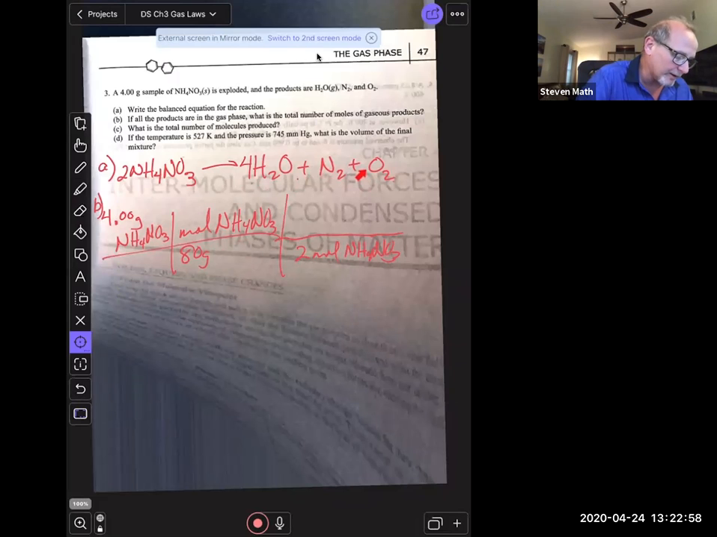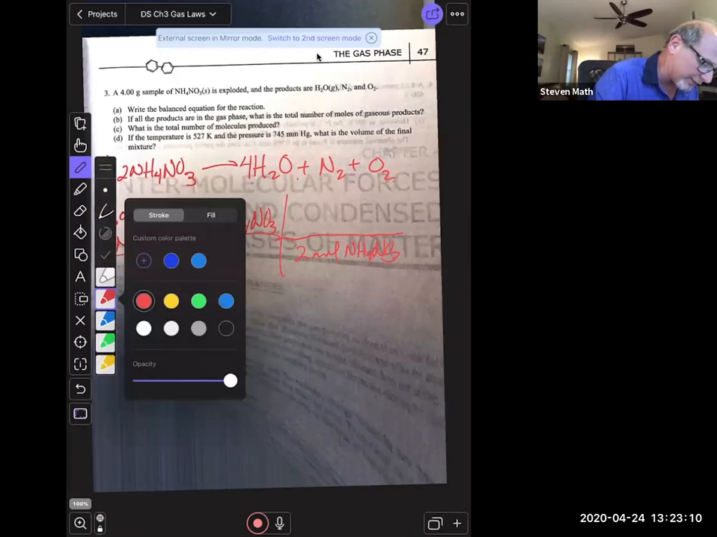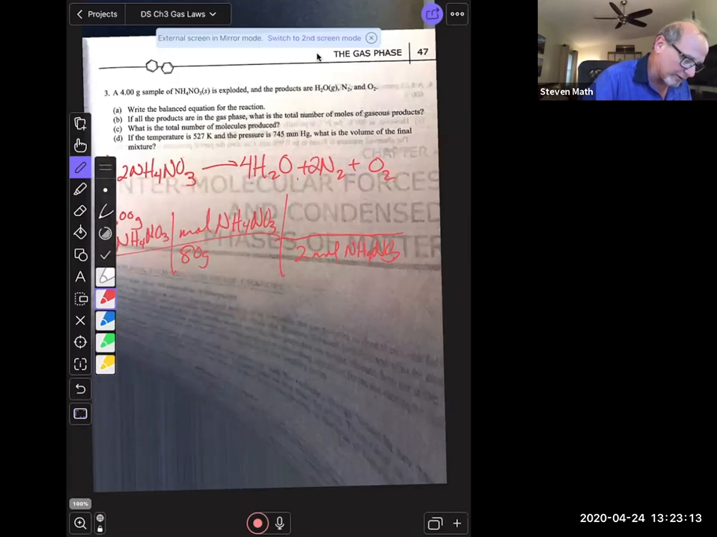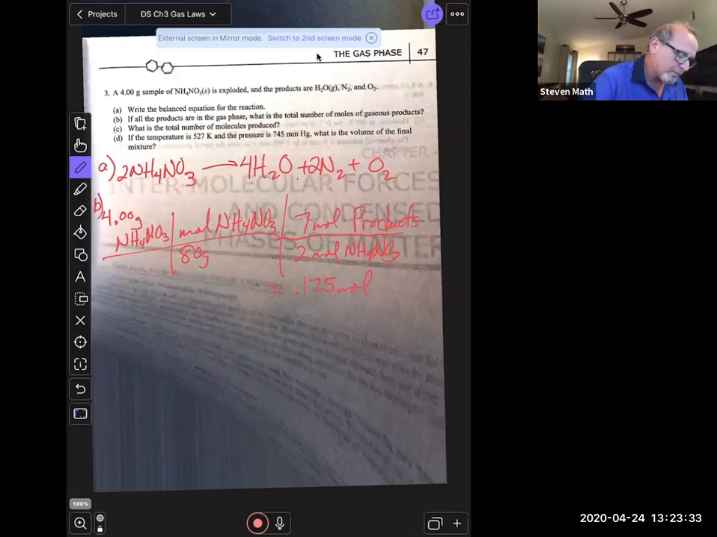6. Wait a minute. Oh gosh, I need a 2 out in front of that. You guys probably are already saying, Smath, forgot a 2 there. 4, 5, 6, 7 moles of products. I caught it. So that's going to be a total number of gaseous products, 0.175 moles. That's my answer